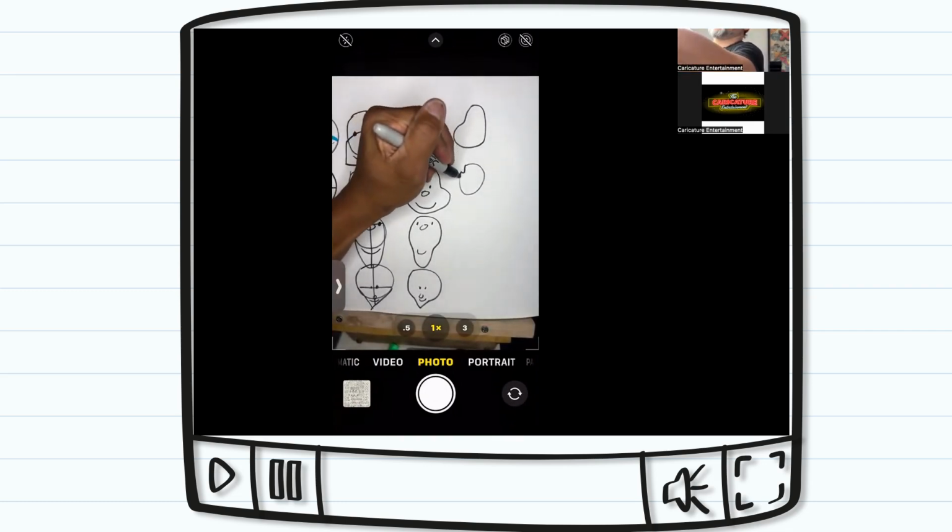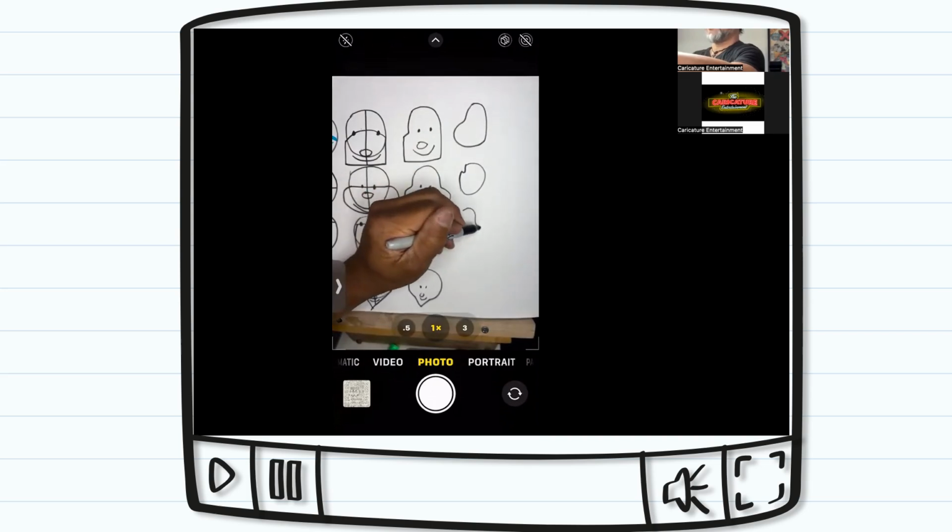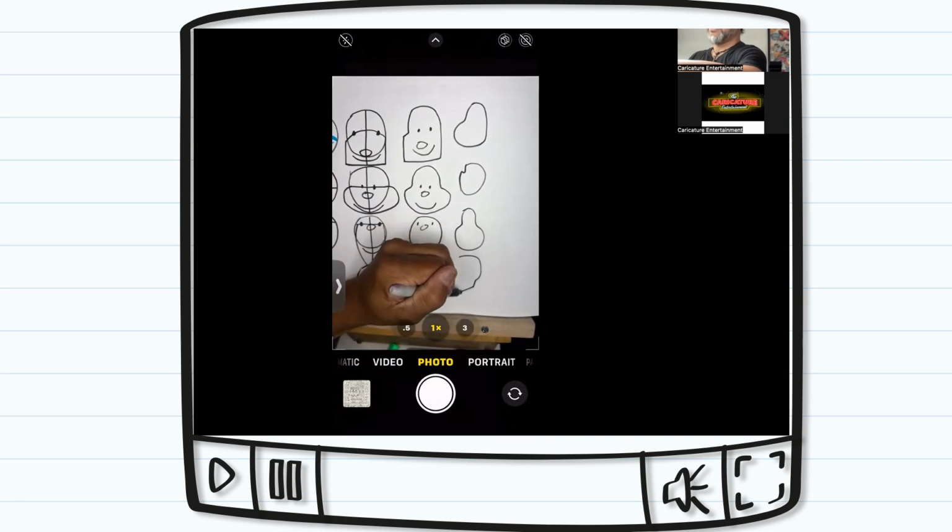My assignment can be to play around with all my shapes, understanding that every one of these shapes that I create